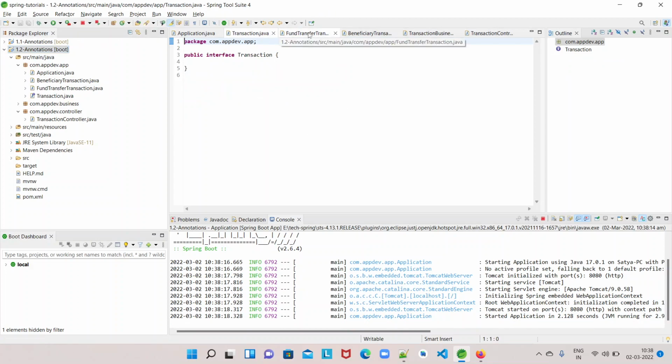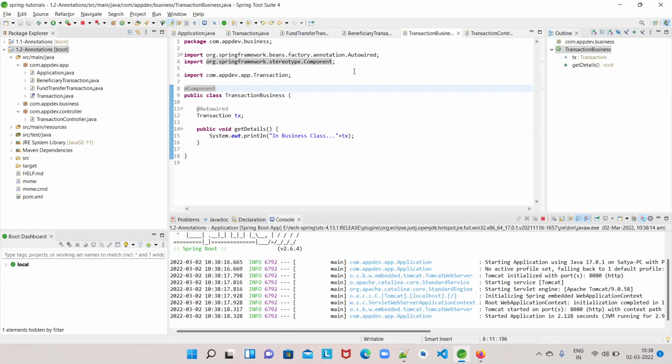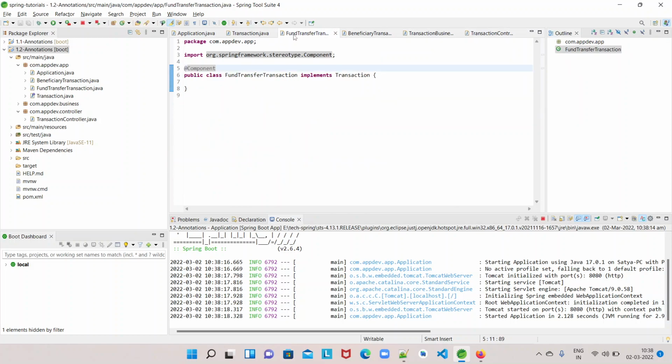Okay, so the server was started successfully, right? Beneficiary transaction is there. What is this? This is a transaction business. Fund transfer transaction is also there.